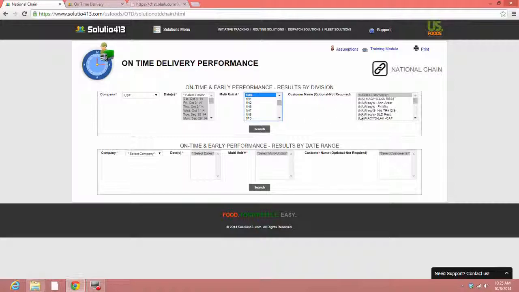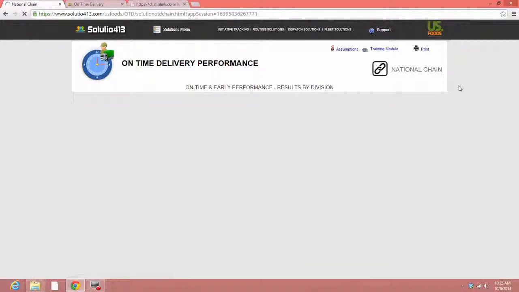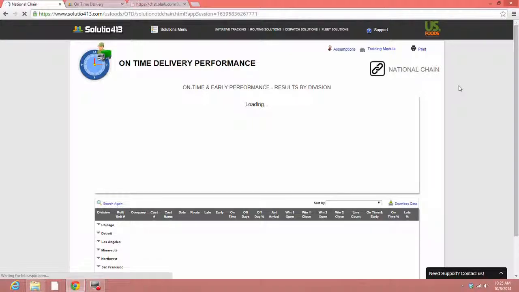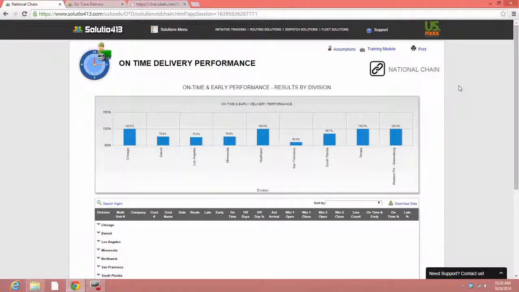Now, if I want to take a look at all of these Macy's units cumulatively by division, all I have to do is click on search. I don't need to highlight each and every one of these. But if I only wanted to look at a single Macy's account, all I would need to do is click on that account, and it would give me that information for that account only for the time period that we requested here. In this example, we're going to take a look at the entire Macy's chain. So we'll hit search, and at this point it's going into the database and extracting the Macy's information